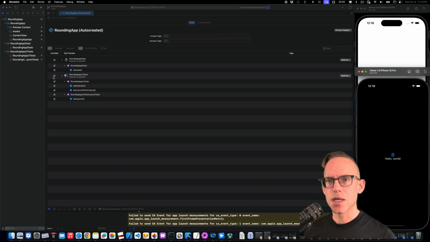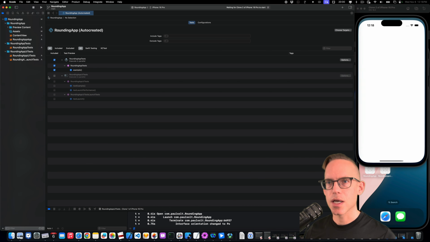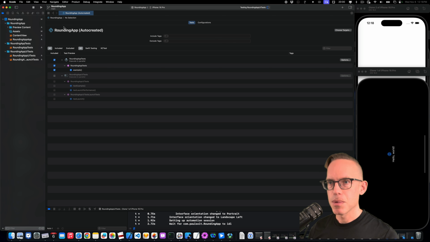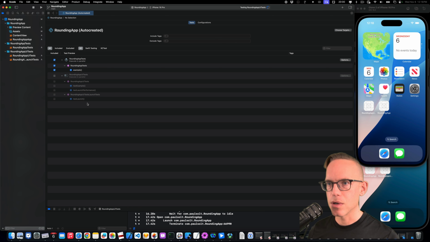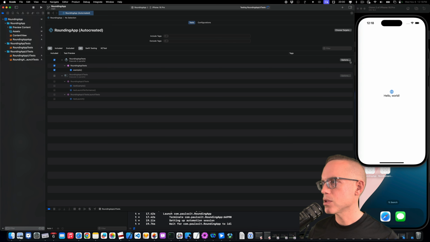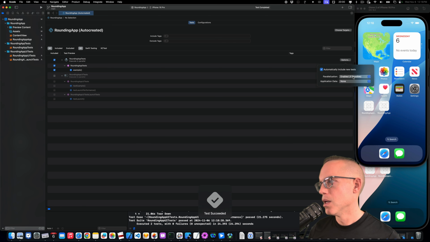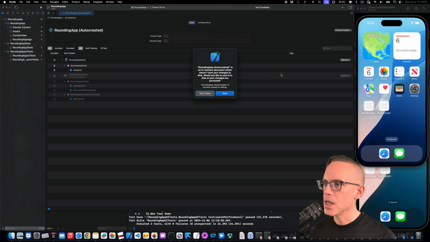This can be too much when you're just getting started, and if you want to cut them out, that's where the test plan is going to allow you to limit the number of tests that are running. And then if you don't want the clones to appear, like right now, it's enabled for parallelization, and that's great if you want to run the test quickly. If you want the previous behavior,